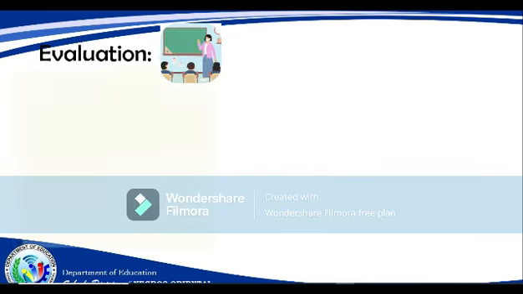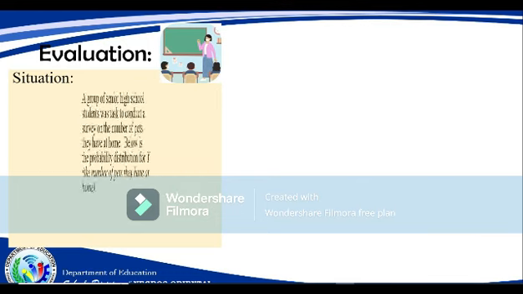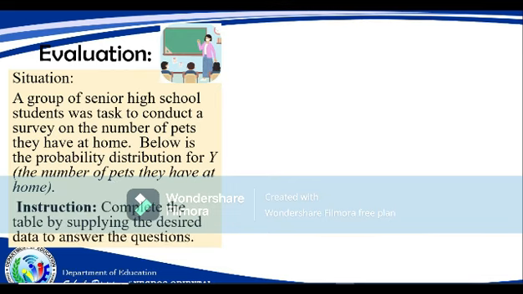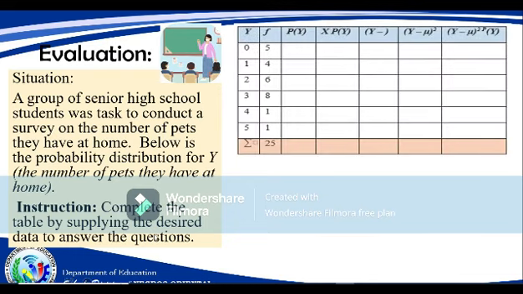Okay, let's proceed to evaluation. Okay, you are given a situation. A group of senior high school students was tasked to conduct a survey on the number of pets they have at home. Now, I know that most of you have pets. It could be mostly dogs, or you get puppies, but others also are cat lovers. Okay, so below is the probability distribution for y, the number of pets they have at home. So you have to complete the table by supplying the desired data of the questions. The table is here, so all you have to do is,